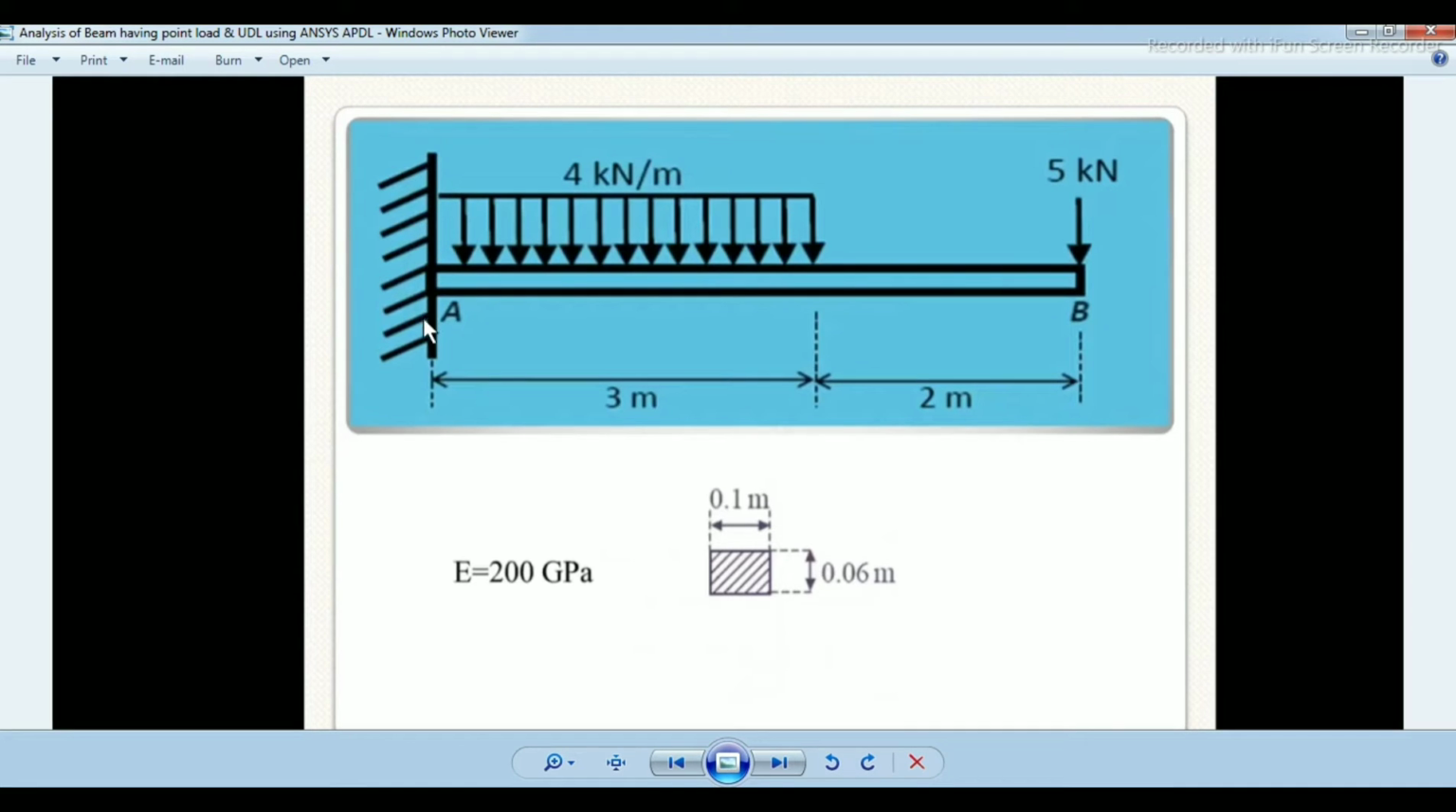At the start of the beam, our first key point is fixed, and the modulus of elasticity is given as 200 gigapascal. So we have to convert this into kilonewton per meter square. A rectangle element is given, which has a length of 0.1 meter and a height of 0.06 meter. So let's start with our